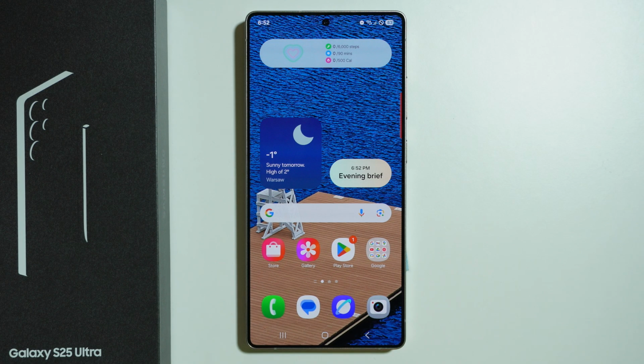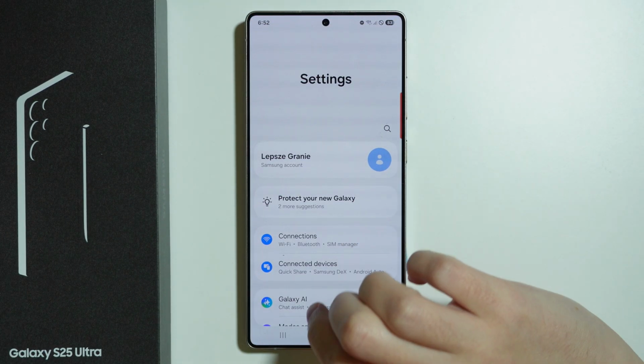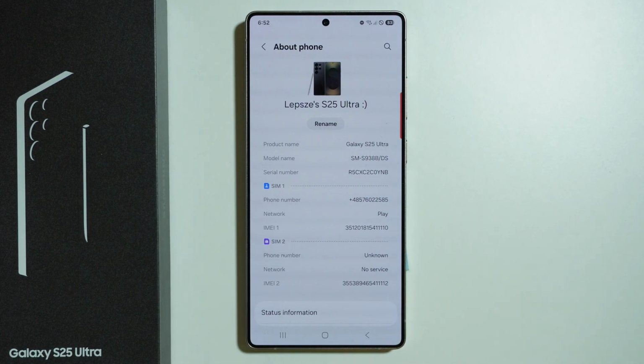In order to display the information about the screen refresh rate on Samsung Galaxy S25 Ultra, first we need to go to the settings, scroll all the way down and go to About Phone, and we need to turn on